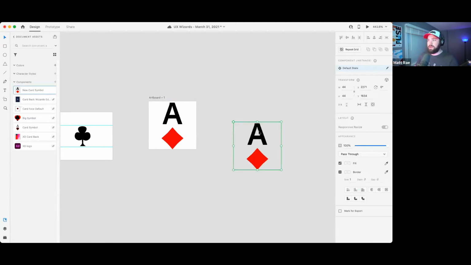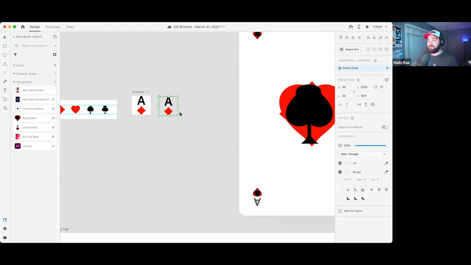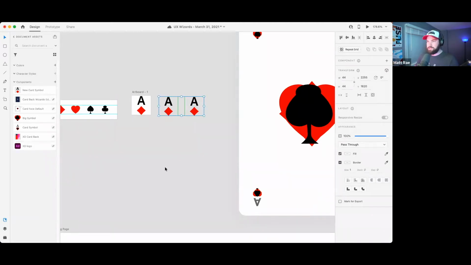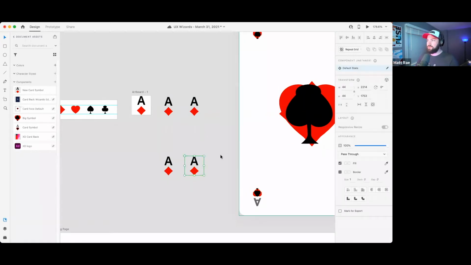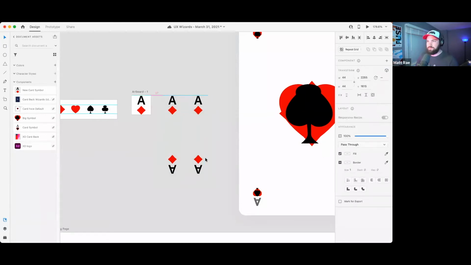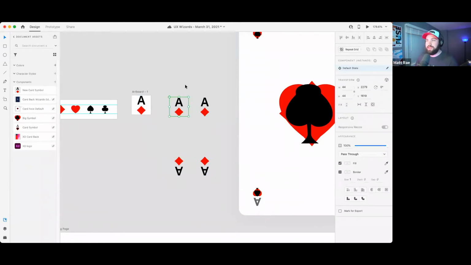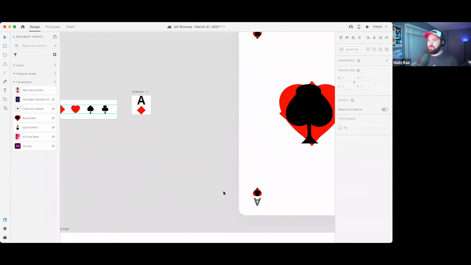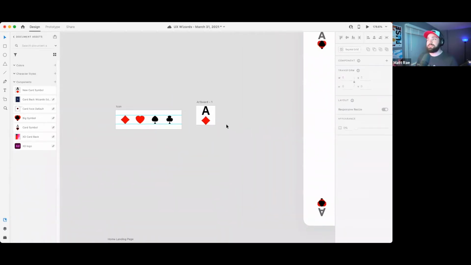So great, I've got that. Now I can basically copy this out and apply it to any of the cards. So if I was building a card, I could just copy this out, just like this. Maybe even flip these if I wanted to, just like that. And now I have the basic structure for my card, but I only have an ace of diamonds, and I haven't even colored the A properly. So what I can do next is use component states and build in the different states for each one. And these are basically variations. So each state contains, let's see,